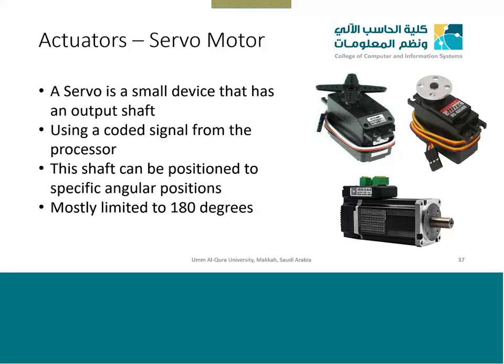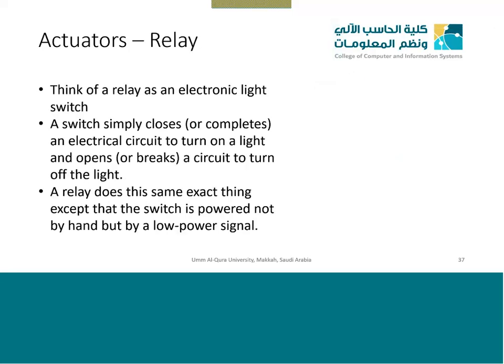But these are all a family of a single motor type, like a DC motor, stepper motor, servo. They are all basically the same, and it depends on how powerful you want. For example, the image at the bottom is a very powerful servo, usually used in your car to turn the wipers and your windscreen cleaning system on and off. So in such cases, or if you want to lock and unlock a door, we use a high power servo. Otherwise, we use the small one.